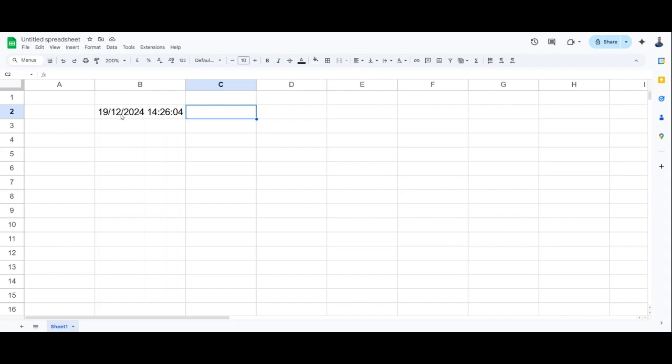Now, I do not want everything. I do not want all this, the date, month, time. I just want to extract the year, and I want to put it here. Now, to do that, you actually have a function